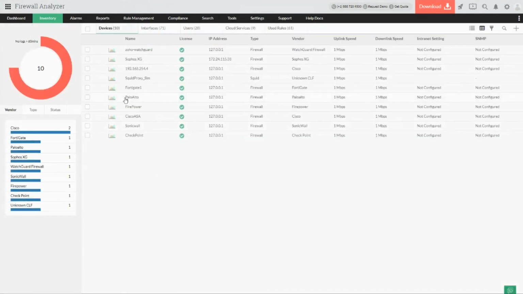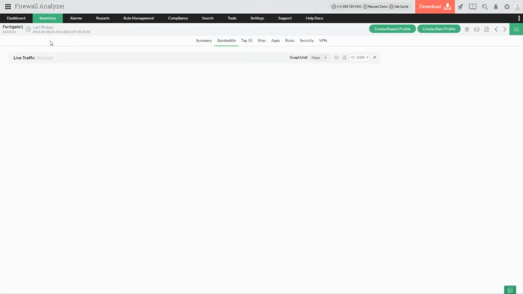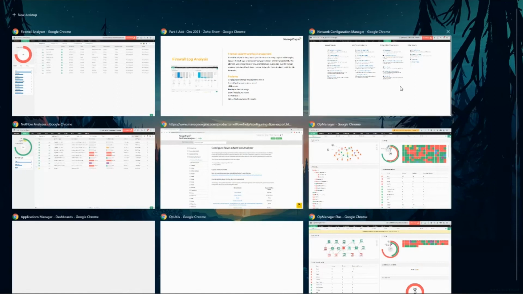In case you're going to take the Fortinet firewall and see how things are happening and then perform the necessary actions. Okay, let's take another device, maybe that will help us. I just wanted to show you a device with the correct information so that you will have a better idea on how things are happening and how you can view the required data in much detail and in a clear fashion.